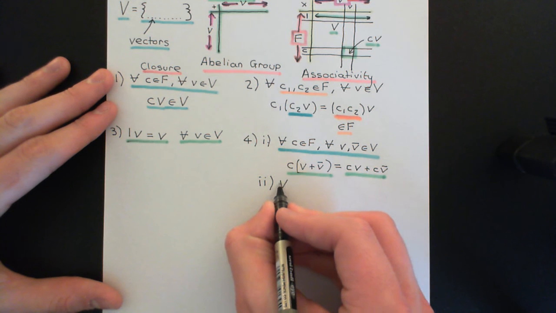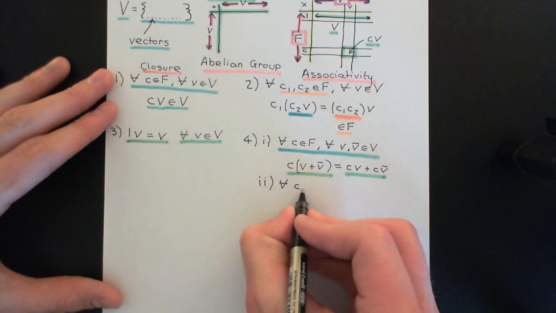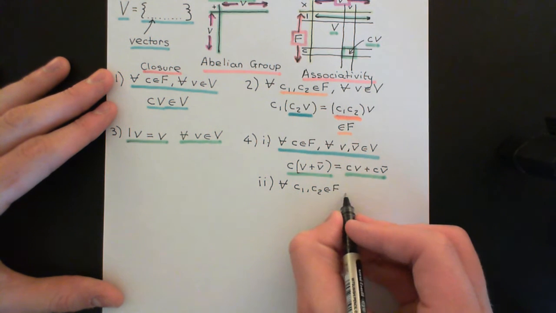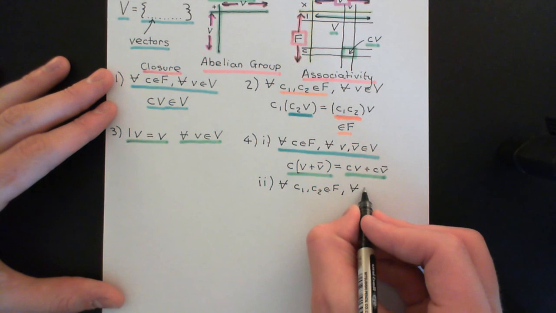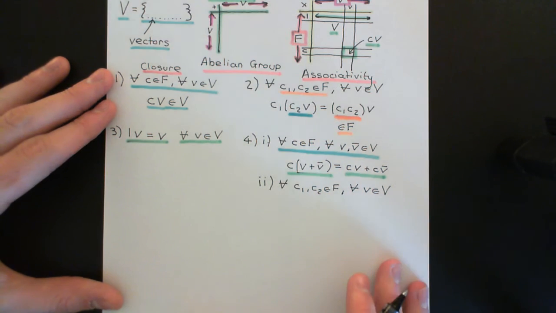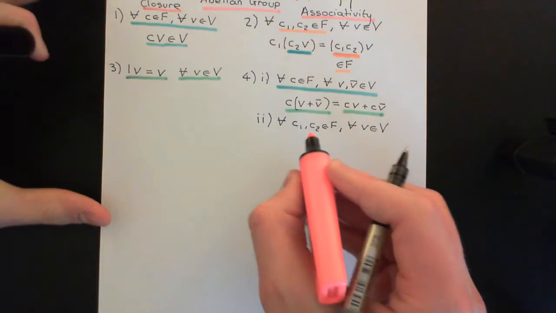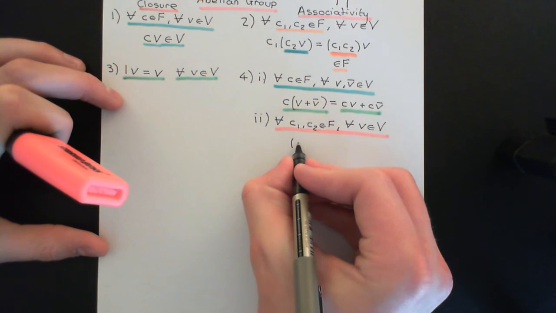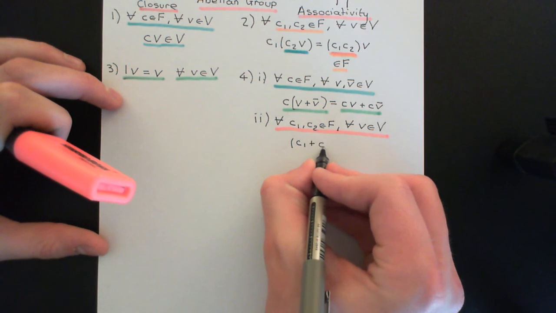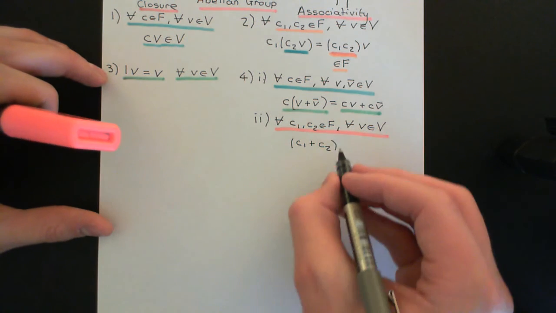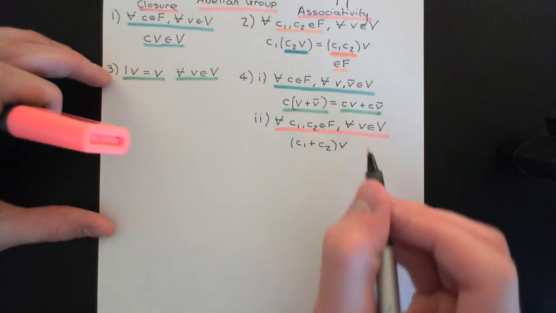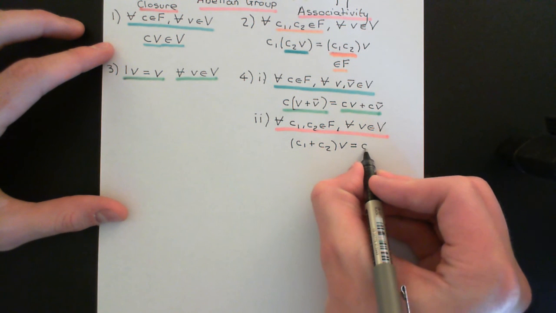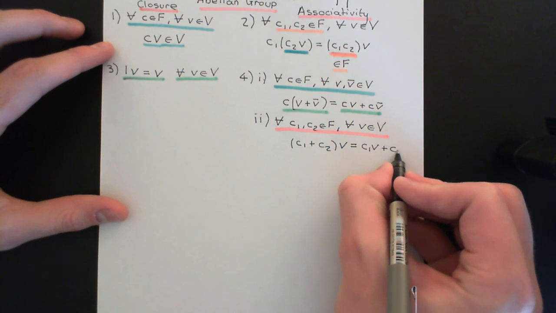and this concerns what if we have two elements of the field. So for all c1 and let's say c2 that we can pick from the field, capital F, and this time we'll just have one vector, for all little v an element of the vector space, capital V. Now let's consider what happens if we firstly add together these two elements in the field. So we're going to add c1 to c2 in the field, and then we're going to multiply this by v. Well, again this is going to equal the intuitive thing, which is c1 times v plus c2 times